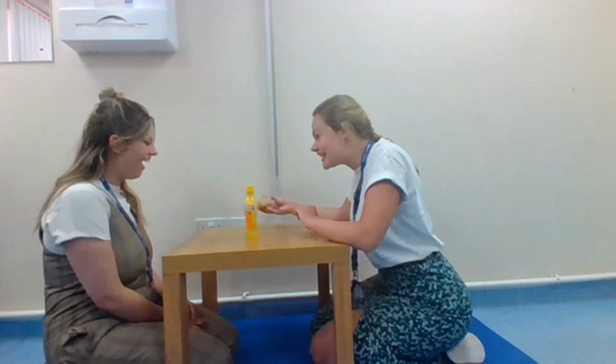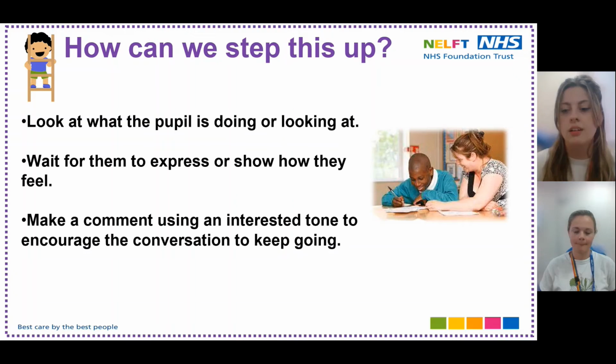Yay. Wow, so exciting. So how can we step this up for our more verbal or older children? We can look at what the pupil is doing or looking at, and we can wait for them to express or show how they feel. And also when we're chatting to these children, we can make comments using an interested tone to encourage the conversation